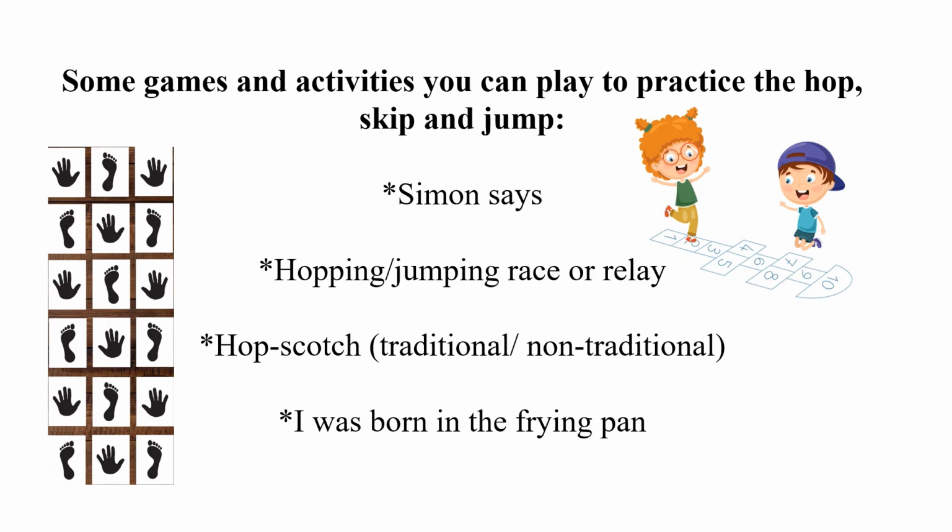So these are just a few fun games that we can play to practice our hopping, skipping, and jumping while in quarantine, whether it's inside your living room, on your front porch, or in your backyard. Let's keep it moving. There you have it, boys and girls. We did a lot today, and I hope that you will practice some of these things to get better and stronger. A special thank you to Levon Sands for taking time out of your busy schedule and assisting me with this lesson today. Boys and girls, I want you to remember,